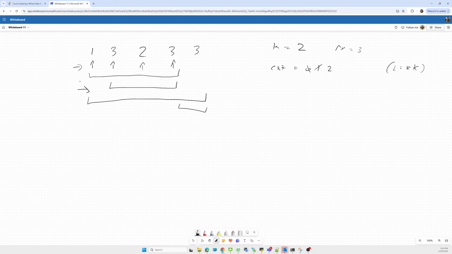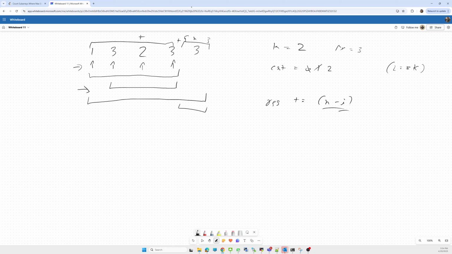So what will be the count? 1 for this, plus 1 for this, 1 for this, plus whatever the number of elements available in this range. The range size is n. So the result is plus equal to n minus i, where n is the rightmost element and i is the ith element.